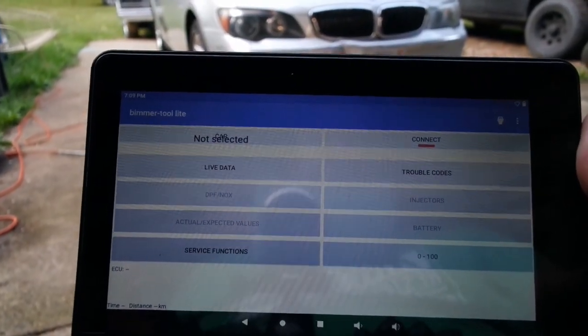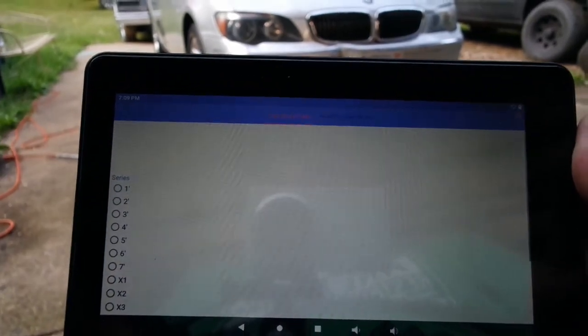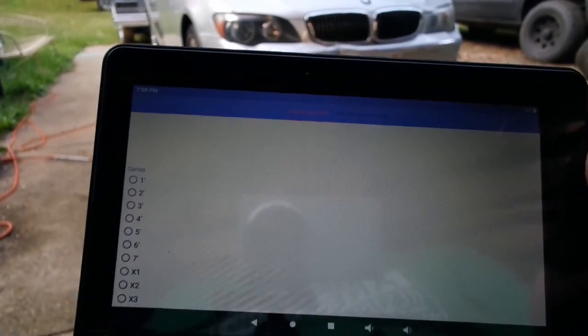Okay, so it seems pretty impossible to find a place where there's no glare on the screen, so